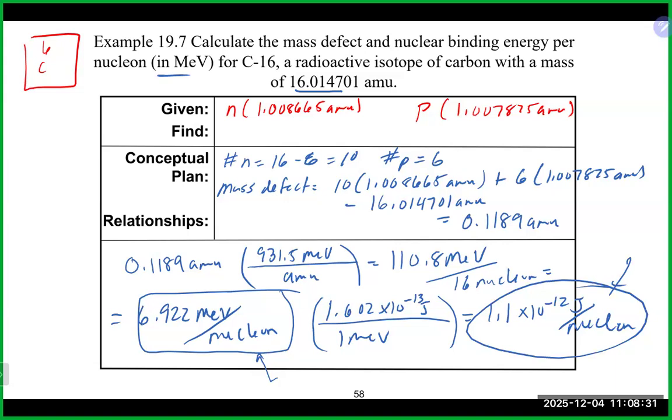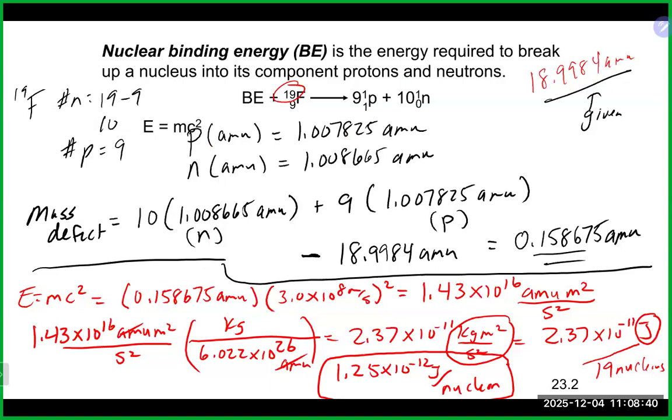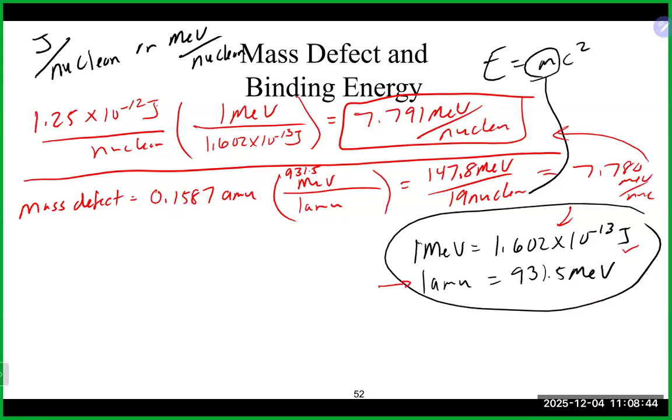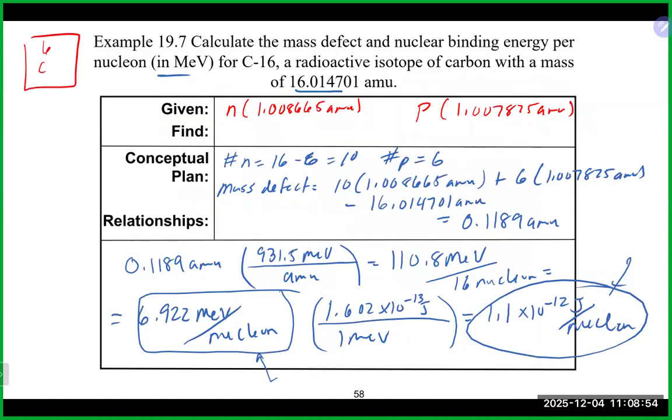This again is a measure of stability. If we look at this as 6.922 versus our fluorine here that we got 7.79. So based on binding energy per nucleon, fluorine should be more stable than the one we just looked at there, which I forget what it was now. But iron, thank you. Carbon 16. Yep. Any questions on that there? All right, we're